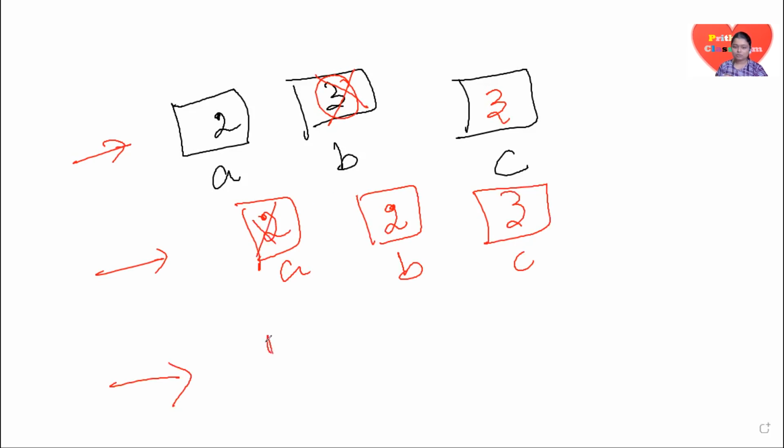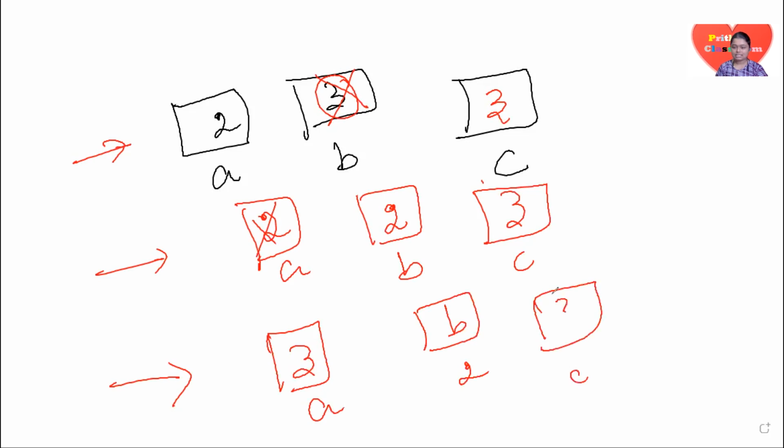So what we are going to do, we are just going to put this 3 here. Then A value is 3, B value is 2. So C value 3, we don't want that, right? We can neglect it. So if you see, early in the first step A is 2, B is 3. In the last step, A is 3, B is 2.